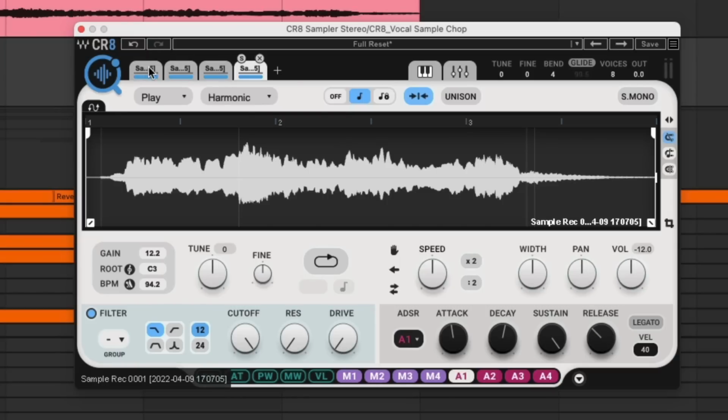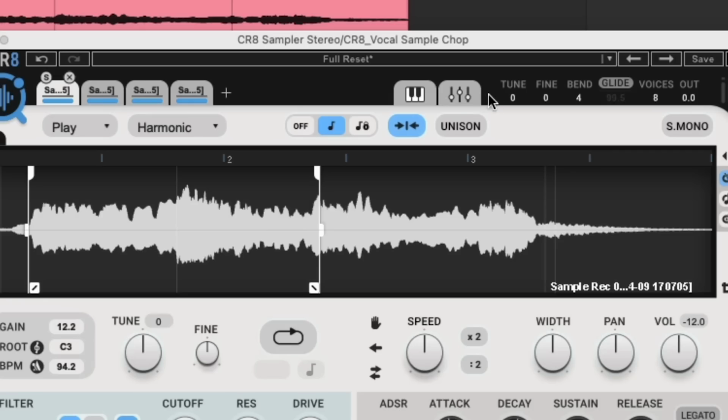Drag that into CR8, just like that. I'm gonna split this onto 4 layers. What I'm gonna do is, let's chop this one right here. This next one, let's chop it up right here. About in the middle. Yeah, I like this part where you're saying right here. And then right there. And the last thing I'm gonna do to all these is, again, on the global tune,